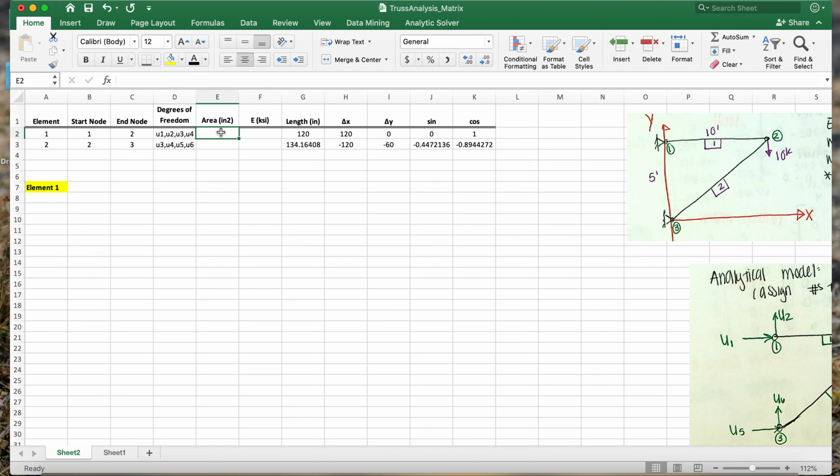Area for element 1 was 1 inch squared. Area for element 2 was 2 inches squared. And then we have 29,000 for both of these. Okay, I think that looks a little bit better now. Now we can go to element 1. And what we can do now is we can build our local K matrix. So K1